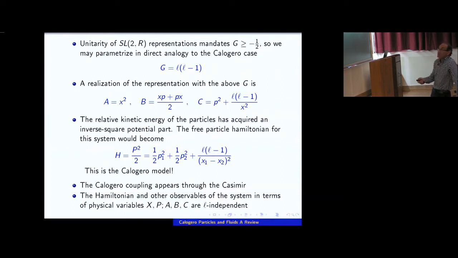that the Hamiltonian that corresponds to this system, if you quantize them with this particular value of the Casimir, is actually the Calogero Hamiltonian. So the Calogero model can be thought of as free, in quotation marks, particles, free meaning that the Hamiltonian corresponds to this particular element of their algebra of observables, exactly the same element, but in a different representation of this algebra with Casimir non-zero. So in that sense, statistics are here.